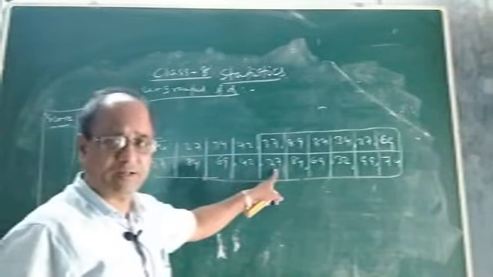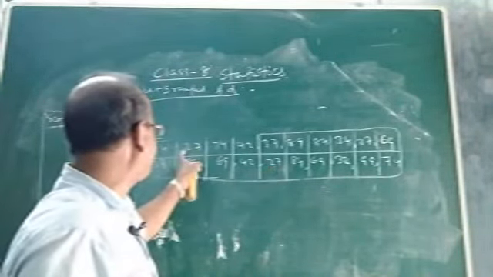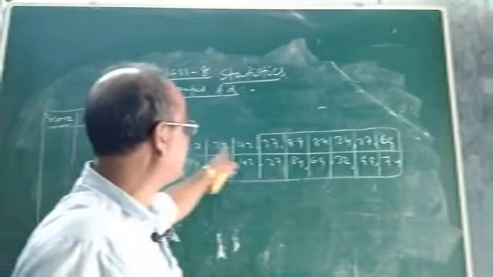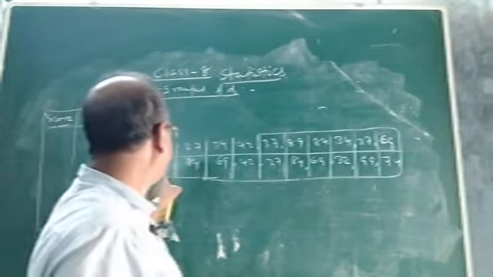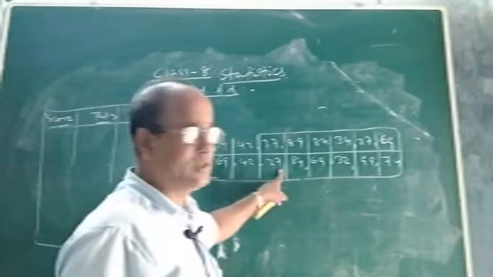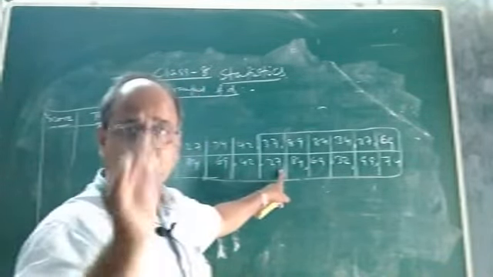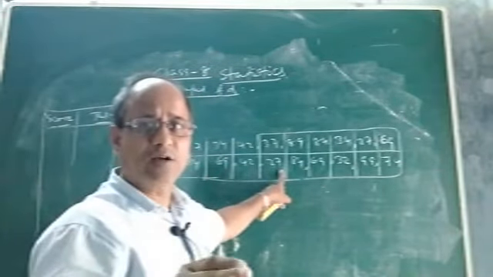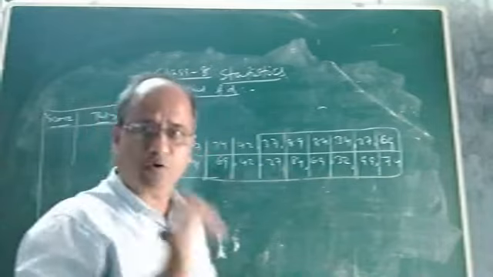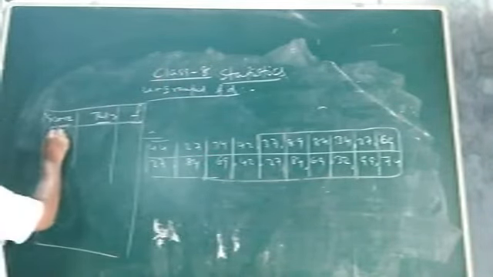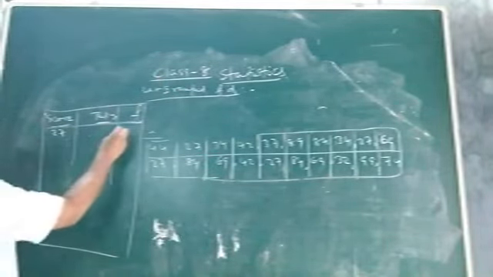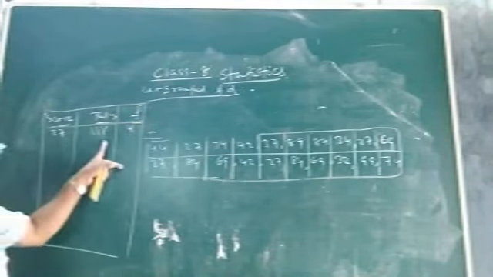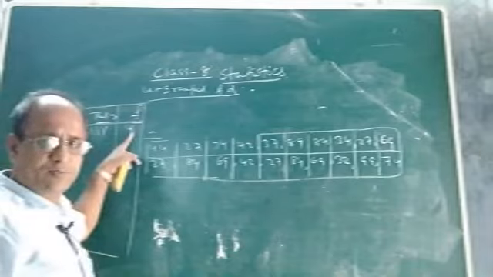For example, 27. See, 27 is how many times? How many students have got 27 marks? 1 student, 2 students, 3 students, 4 students. Out of 20 students, 4 students have got 27 marks. So the frequency of 27 will be 4. What will you write? Here it is 27, which is the minimum score. Frequency is 4. So draw the tallies. Four tallies will represent frequency 4.